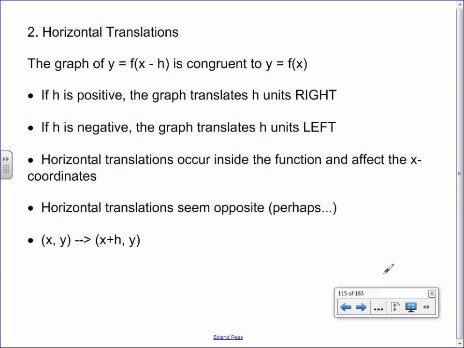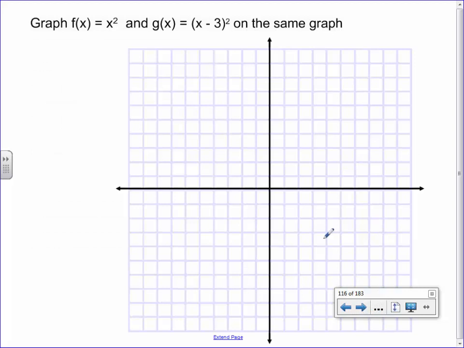And I'll skip through these notes here, because I think you get the concept. What happens here? You've got x squared and x minus 3 squared. What's happening? Which way does it go? All you have to do is make sure that it's backwards. If you see a negative,